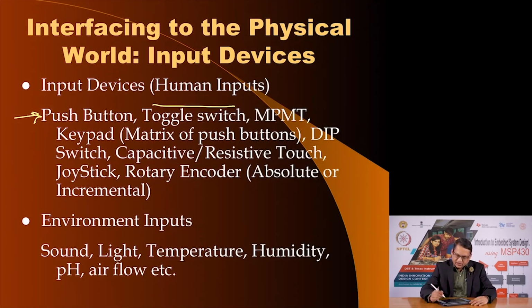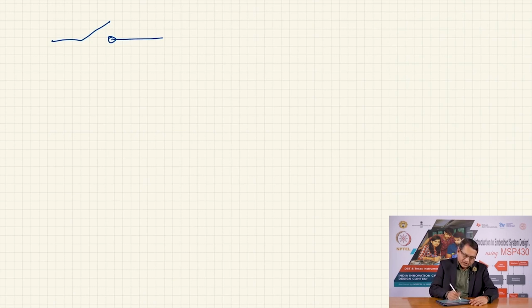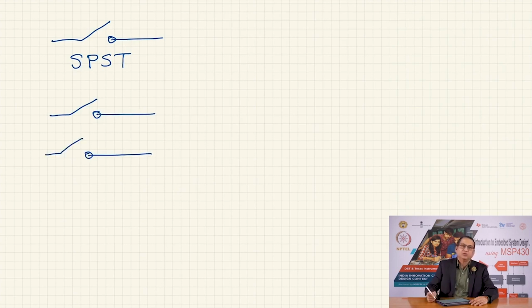Just to illustrate this idea, when I use the words single pole single throw, that means this is SPST, single pole single throw. A single pole double throw would be this, and there would be 2 switches which operate in parallel, and to indicate that they are mechanically coupled, I would draw this dashed line. This would be single pole double throw, and I could then extend it to